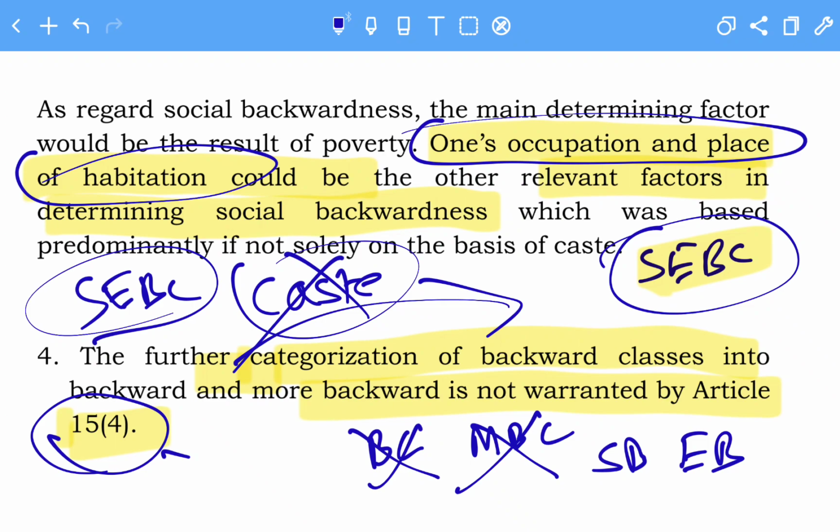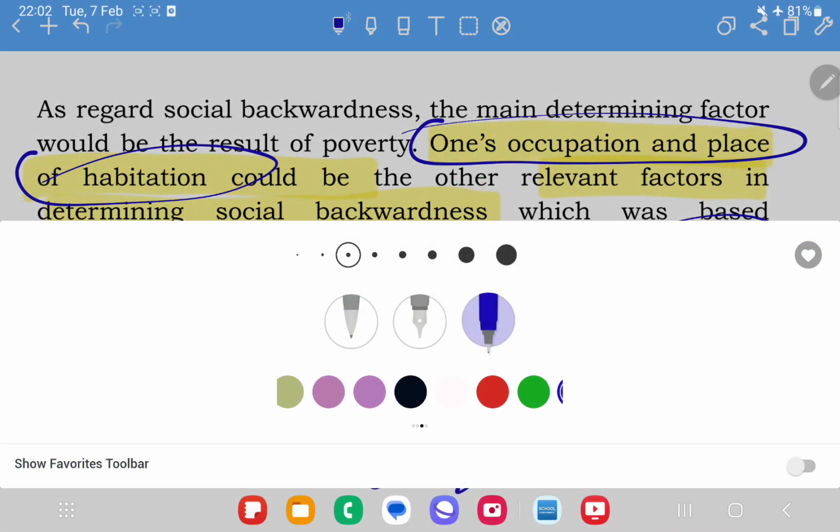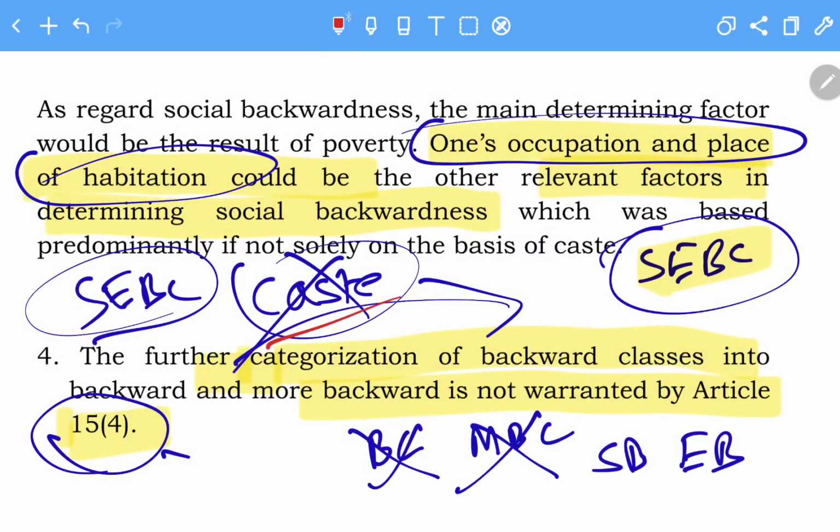There is a limit of the reservation. You can't go beyond that. The SCBC must be both socially and educationally backward, and you can also take into account the occupation. However, caste is one of the factors, but it is not the sole criterion. So this is how the court has made the point here. And further, the court says that 15 clause 4 is an exception to 15.1. However, the court later changed its opinion, that it is not an exception, it is an enabling